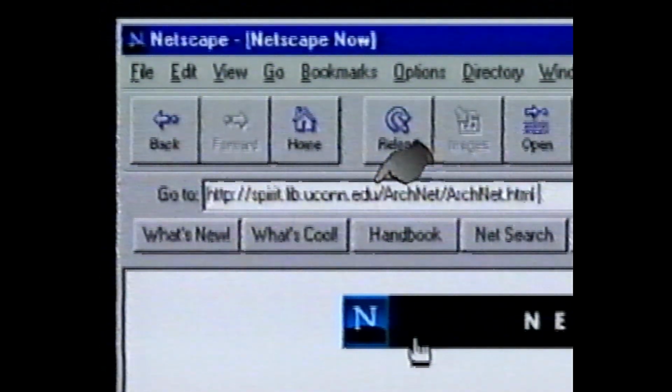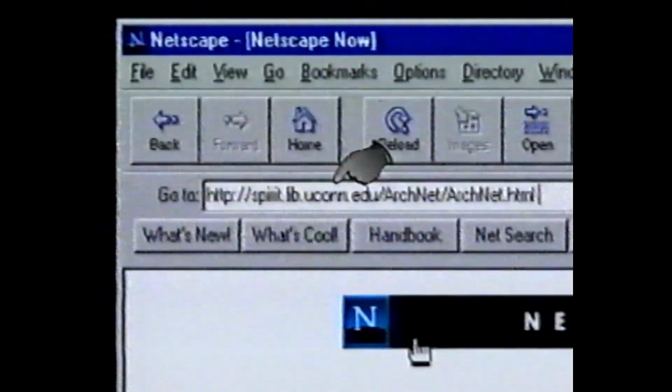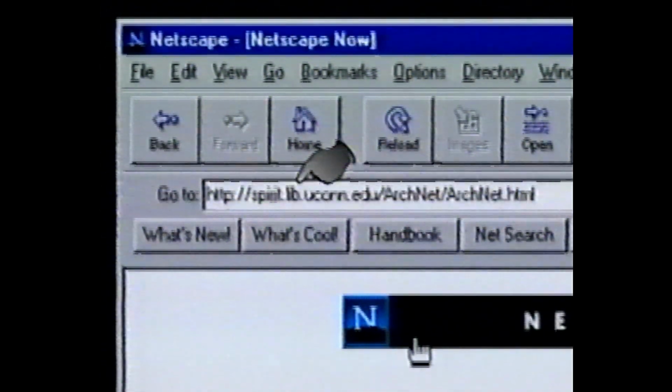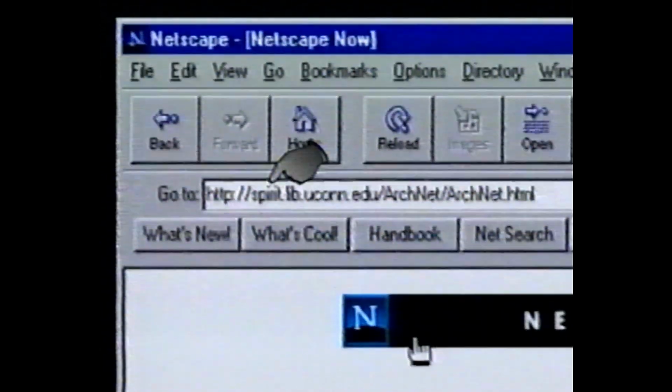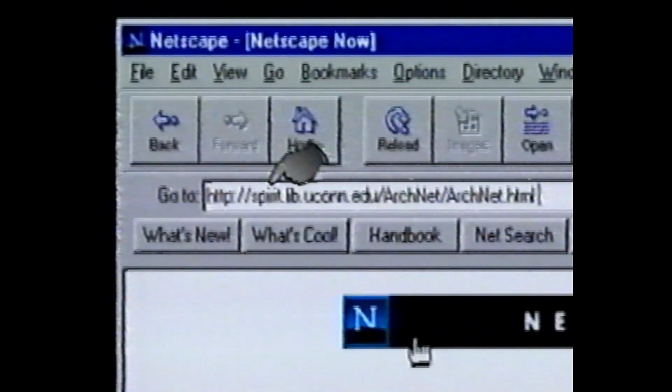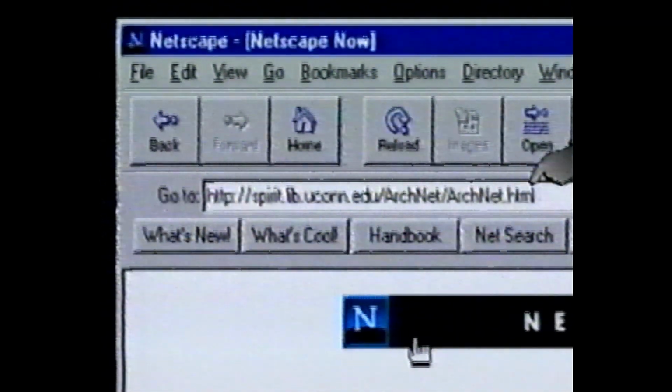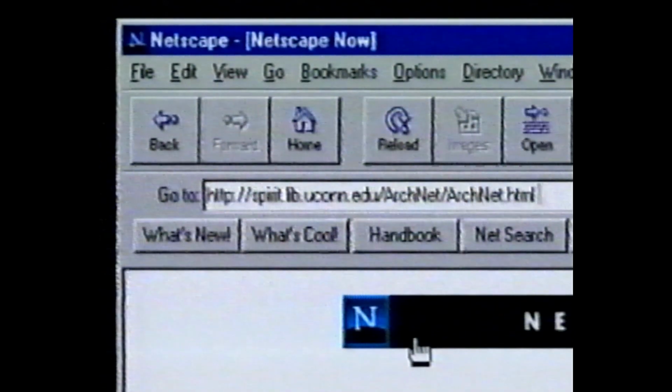This computer is at an educational facility located at the University of Connecticut on a computer named Lib. When there, open a directory called Spirit. Then when we get there, open the directory ArcNet and access the document arcnet.html.